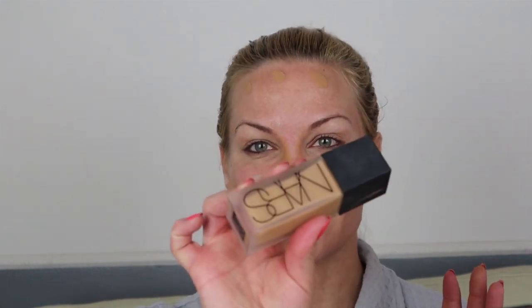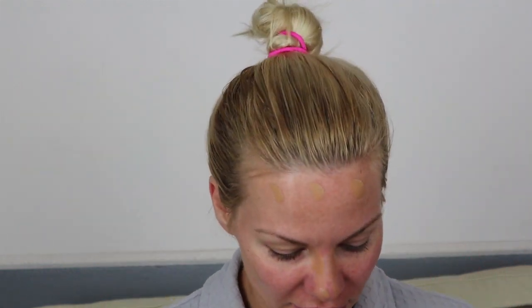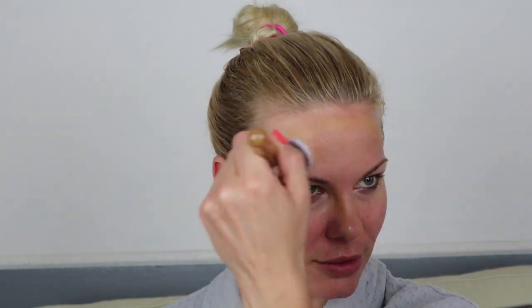All right, so we'll just start with one pump. I remember the first time I used this foundation, I loved it. It's really like a watery consistency, right? So I'm using this brush by Exam Design. Honestly, I don't remember where I got it. It may have been from the grocery store, or I think I ordered it online, like on eBay or one of those. But anyways, as I was saying, the first time I used this foundation, it was pretty funny because I didn't expect for it to go on so...